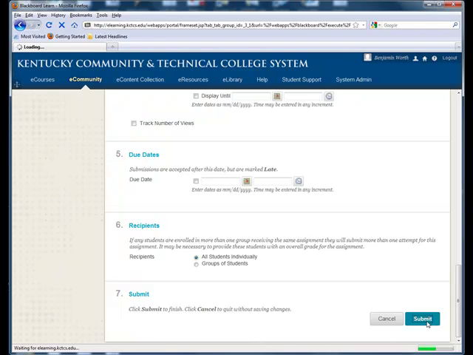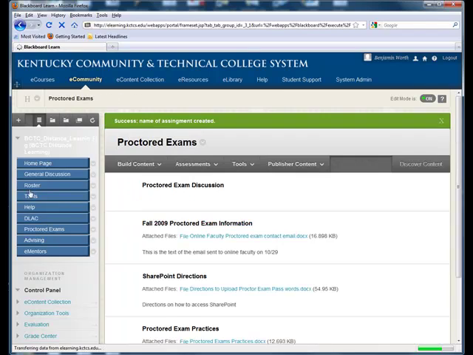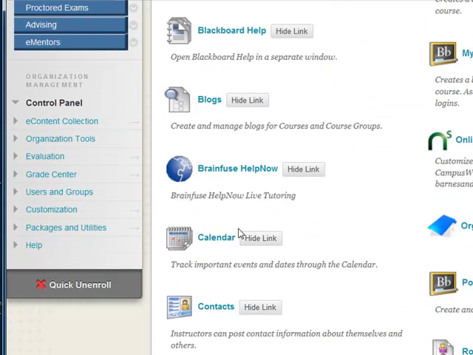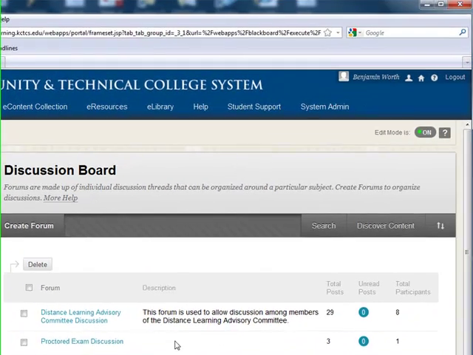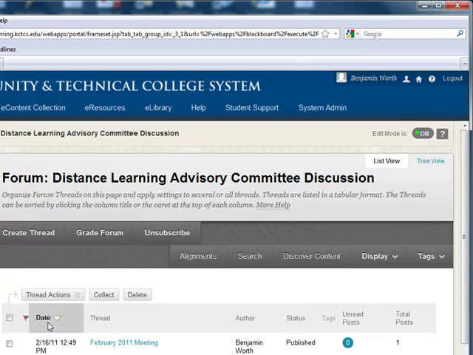Let's take a moment to see what this looks like on the back end when you're actually grading these assignments. So I'm going to come back here to Tools, and I'm going to go into a discussion forum. I've been creating some rubrics in my discussion forums. This is, by the way, a Blackboard e-community, so it's not a real class, and this was never stuff that was intended to grade, but I'm just using an outdated discussion forum as a place to show you how to use rubrics. So I'm going to click Grade Forum,